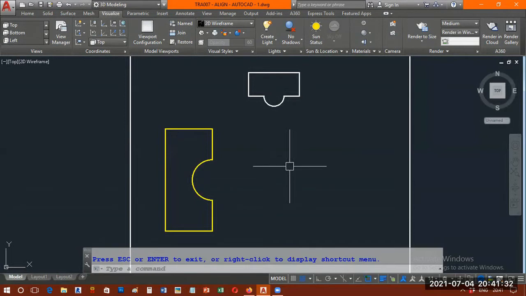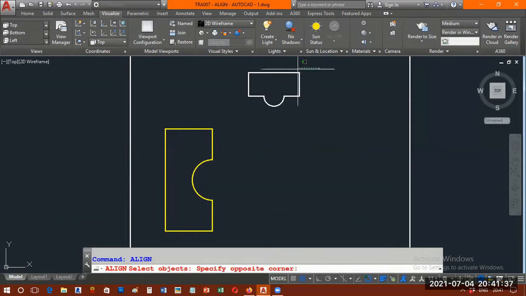Let me say again ALIGN, enter. Select this complete drawing, enter. Now I select the first point, this is supposed to land on this, definitely yes. Next I select this, supposed to land on this, done.